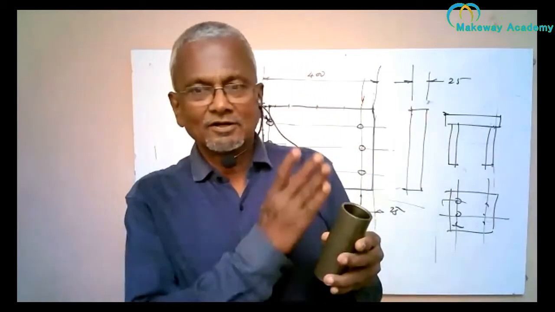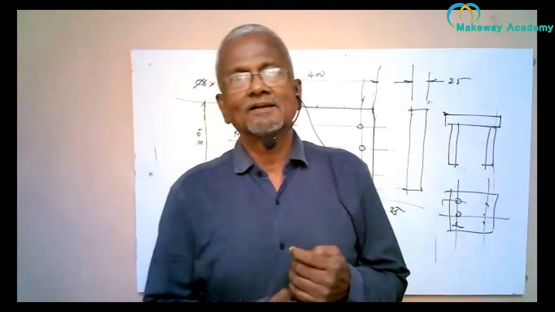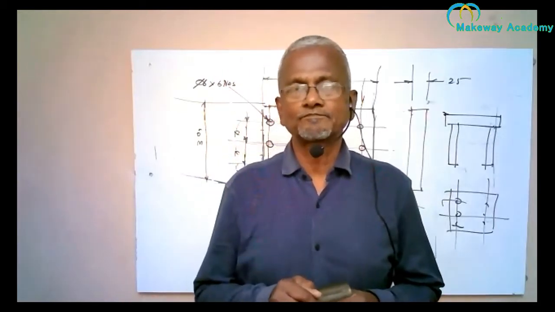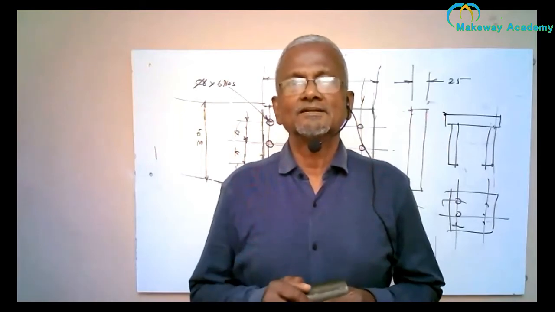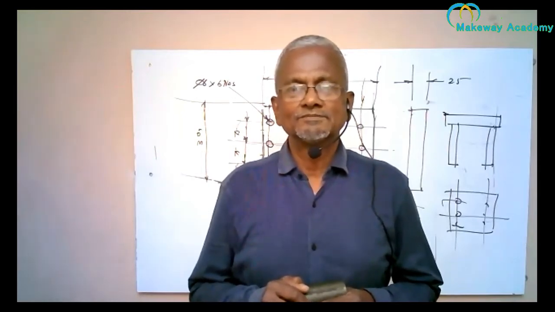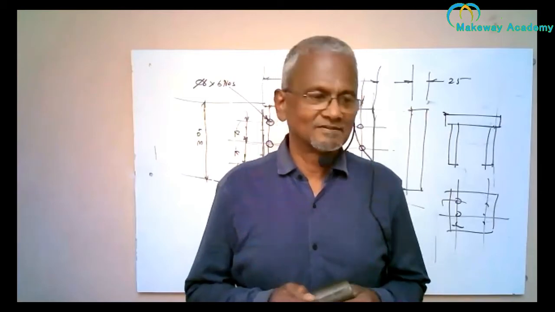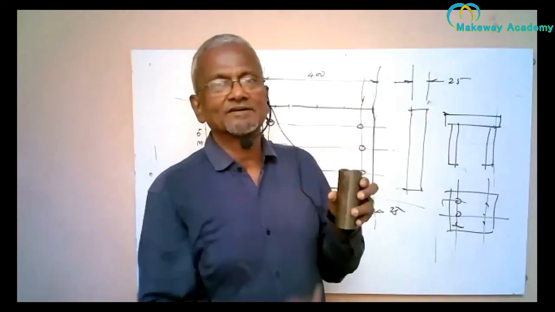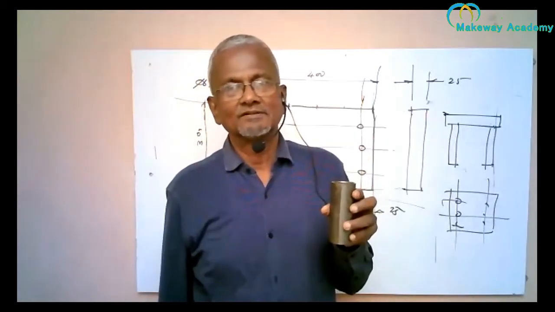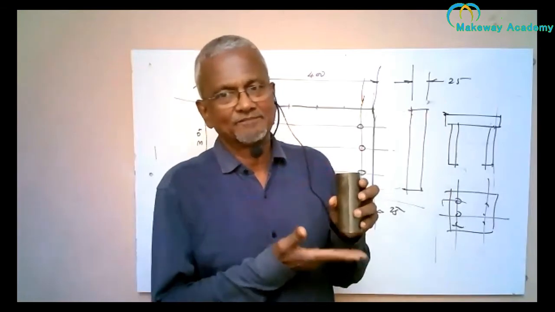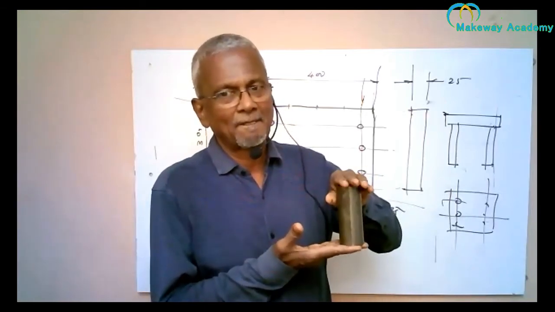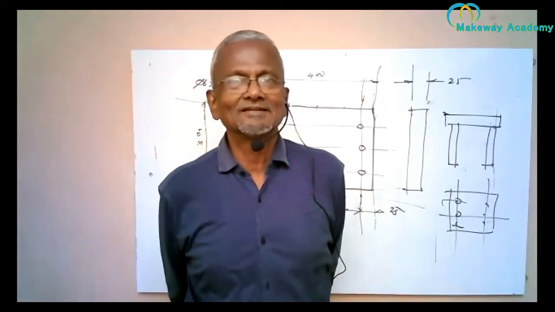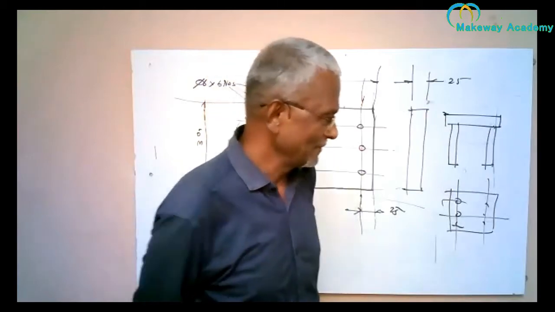The cylinder has got an axis. So mathematically, if it is a right circular cylinder, how do you define the axis? The axis is an imaginary line passing through the centers of the 2 bases. This is a base. This is a base. The base is a circle, with its center. If you draw an imaginary line passing through the centers of the 2 bases, then that imaginary line is called the axis.